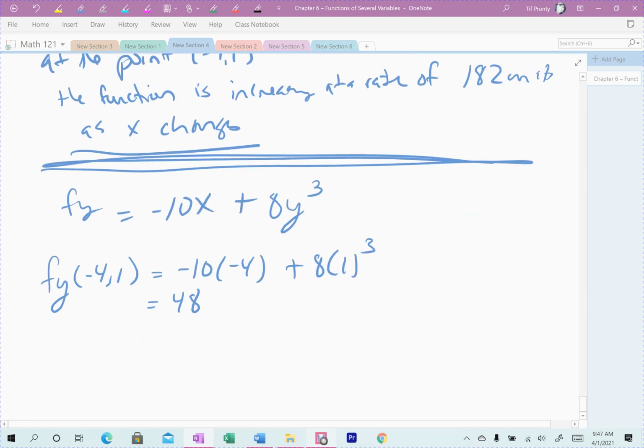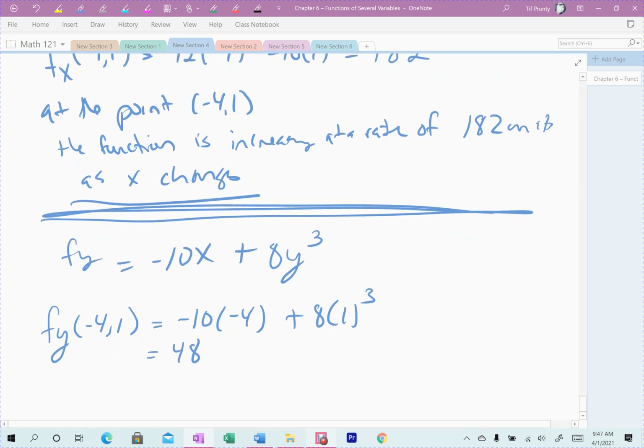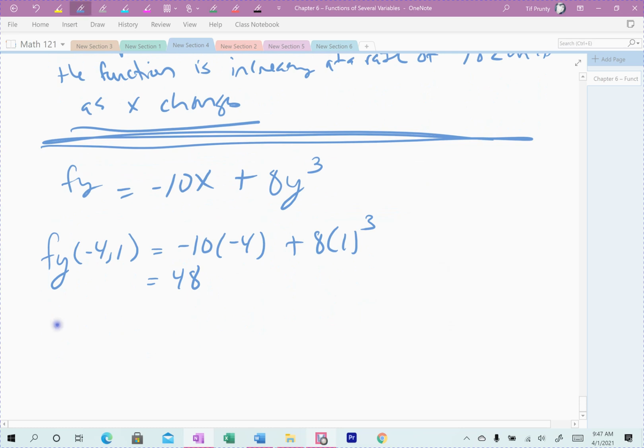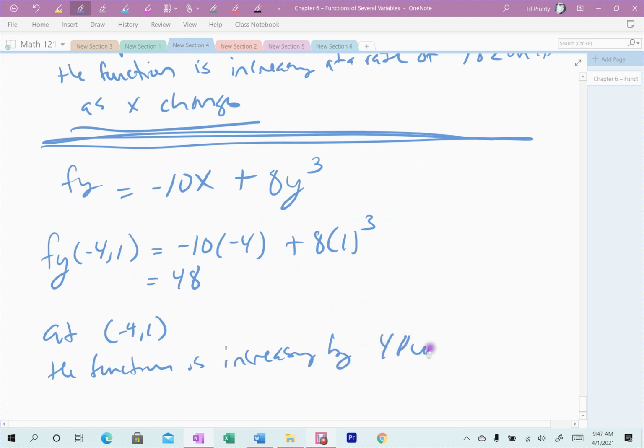And so this one is different, right? That's a big change. They're both increasing, but the first one's increasing a lot faster. 182 units is a bigger increase than 48 units. They're both increasing though. At the moment, negative 4, 1, the function is increasing by 48 units per change in y. And so y had less of an effect on it, right? Y did not affect it as much, so if this were profit,